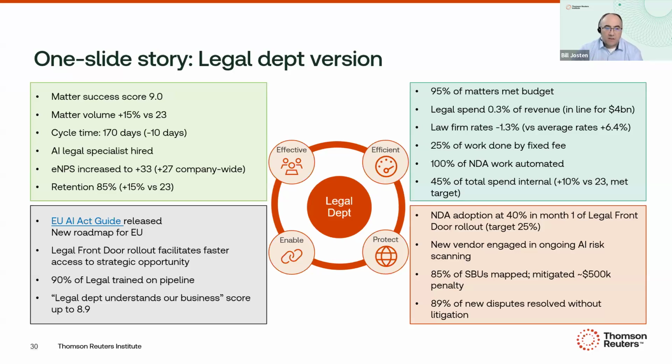So when we look at the effectiveness, we want to talk about those matter success scores, right? Our matter success score, now you see how we've converted it to that mean average of a 9.0. We had 40% achieved a 10 out of 10, but as Lizzy talked about, that didn't necessarily tell the full spectrum. Well, our mean score is a 9.0 out of 10. That's a pretty good score. We want to talk about, hey, as a department, we're very effective because we meet our definition of success very often.